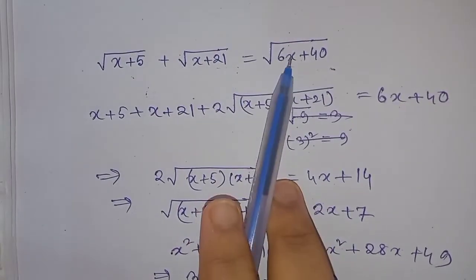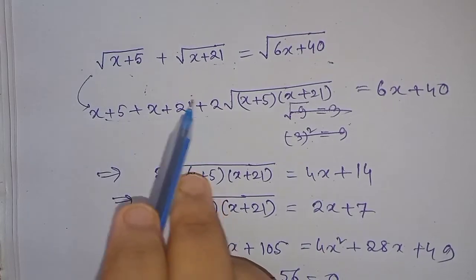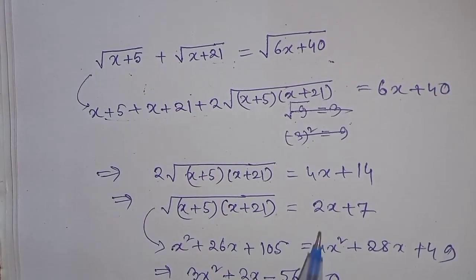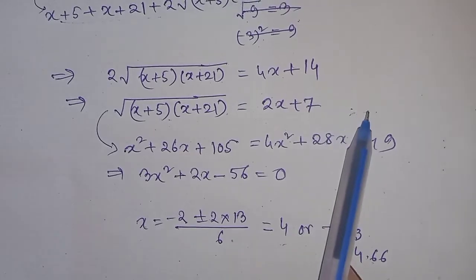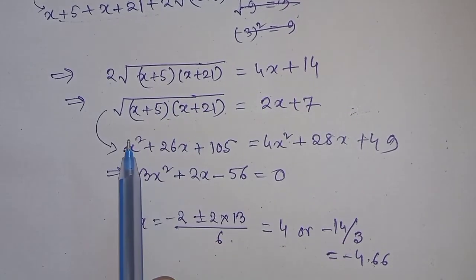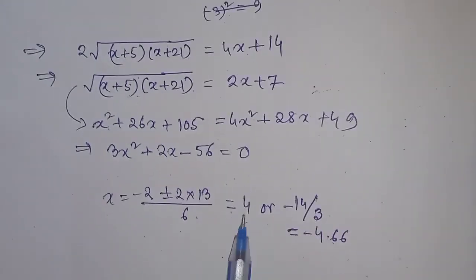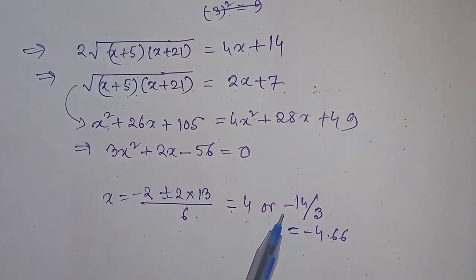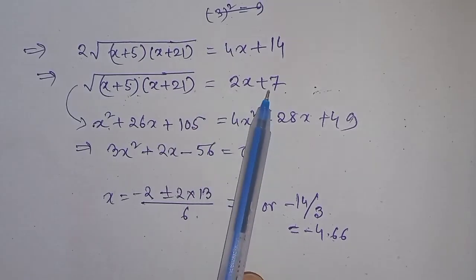See, I have squared here. In this step I have squared both sides to get this, and notice that I have squared here also. So I must check whether the equality holds in this condition also, because I have squared both sides of this equation. Now see that when I put 4 here, this thing is positive, this thing is positive, it is satisfied. But when I put minus 14 by 3, this thing is positive, but this thing turns out to be